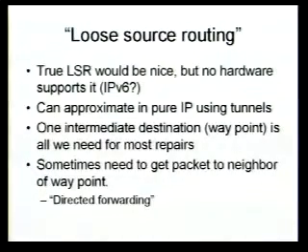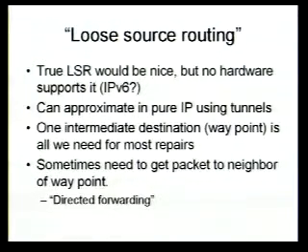So that's U-turn alternates. Now let me go on to another idea. The concept is basically loose source routing. It would be useful to have loose source routing in order to be able to route around a problem, i.e. the failed link or node. But there's no hardware that really supports real loose source routing. You have to go to explicit routing with TE and MPLS. But you can approximate it in IP using tunnels.